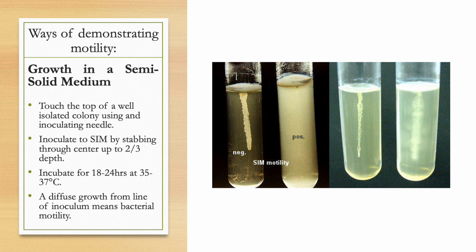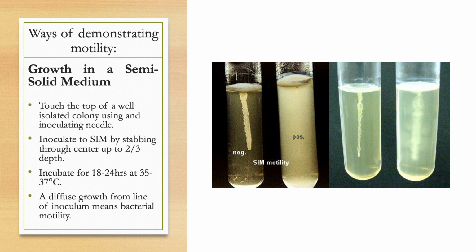Now, if your bacteria is motile, you should notice a diffuse growth from the line of the inoculum, meaning your bacteria has moved away from the line of inoculum towards the rest of the tube. So here you have some examples. This is your gram negative, your motility negative bacteria on the left side. You can see that the bacteria are confined in the stabbing areas of your tube. Meanwhile, for the motility positive bacteria,